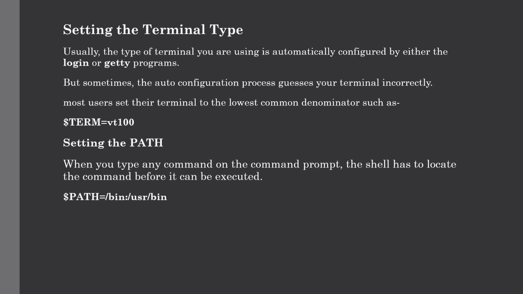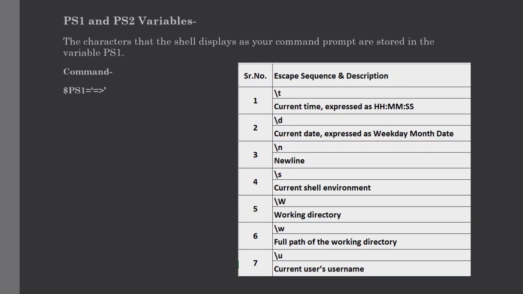Each of the individual entries separated by the colon characters is a directory, as you can see here. So if you request the shell to execute a command and it cannot find it in any of the directories in the given path variable, it will show "command not found". There are also variables like PS1 and PS2 that we are going to discuss now in detail. This is also an important topic, the PS1 and PS2 variables.